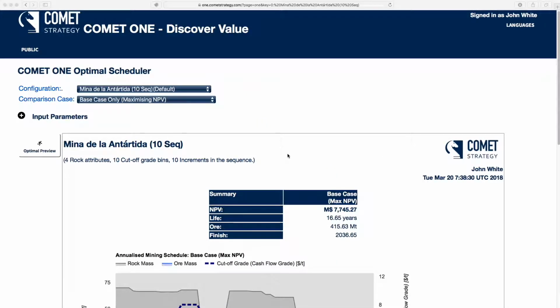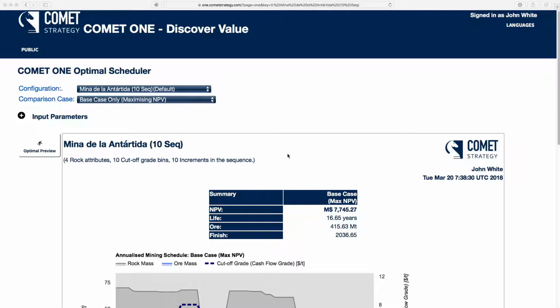Today's video is going to be about comparing two different objectives. The first one is our base case objective, which is maximising the net present value. The second one is when we maximise the reserve cash flow. So people can think that if you have a greater reserve, then you'll end up with more money for the shareholders. So we're going to be using COMET ONE to compare these two cases and see why that's not always